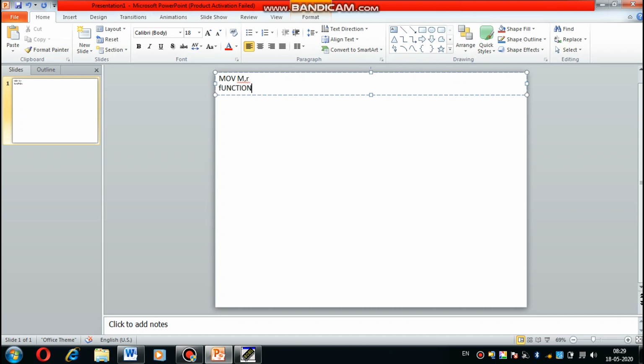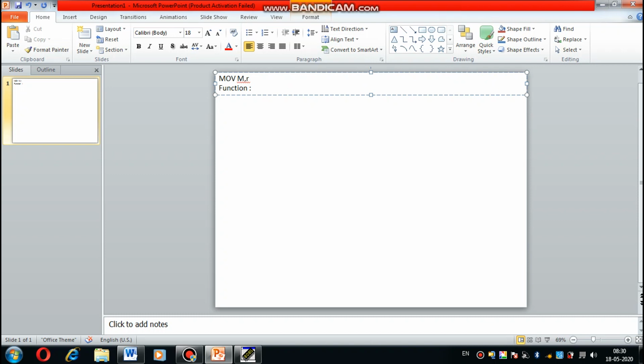What is the function of this instruction? Whenever this type of instruction is executed, then the content of R, that is the source register, which we mention here as register A or B or C or D or E or H or L, is moved, transferred, copied to M register, which is addressed by HL.